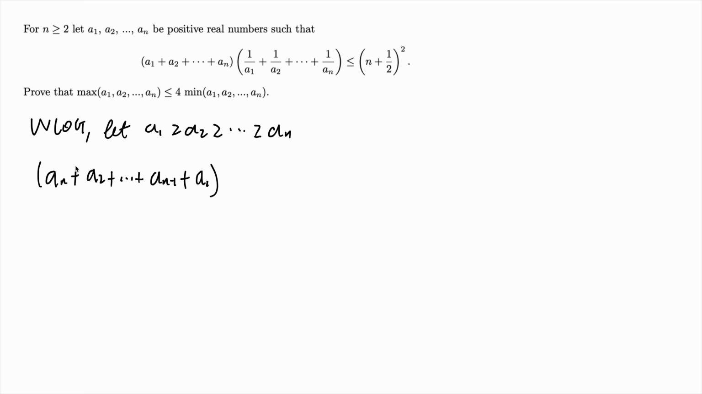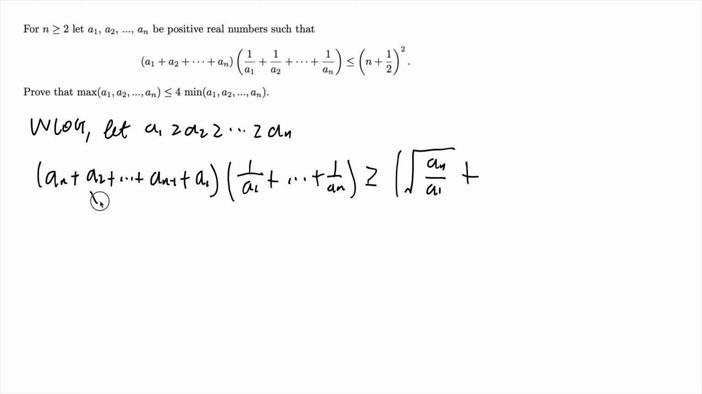So we just switch the position of these two numbers. Then we don't do the same for the others; we just copy. And by Cauchy inequality, this is obviously greater than or equal to the square root of a sub n over a sub 1 plus, how many numbers do we have here? We have n minus 2, because we have a total of n numbers and we are excluding 2 of them. So n minus 2, plus the square root of a sub 1 over a sub n,